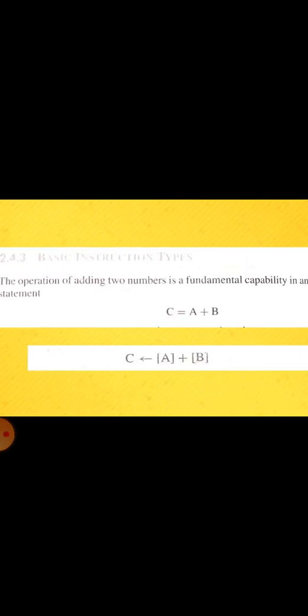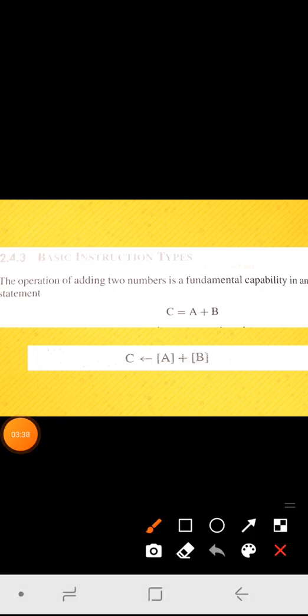The first one you can see, for example, if you have two numbers A and B, if you want to perform the addition, the instruction can be written like this: C is equal to A plus B. If you want the same to be written in assembly language, then you can say that content of A added with content of B, store back the result in C. So what you have to do, you have to fetch the information present in A, fetch the information present in B, then add them both, then store back the result in C.